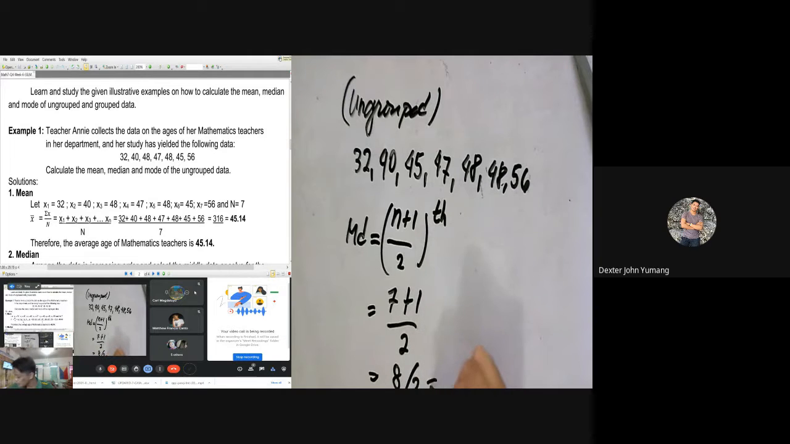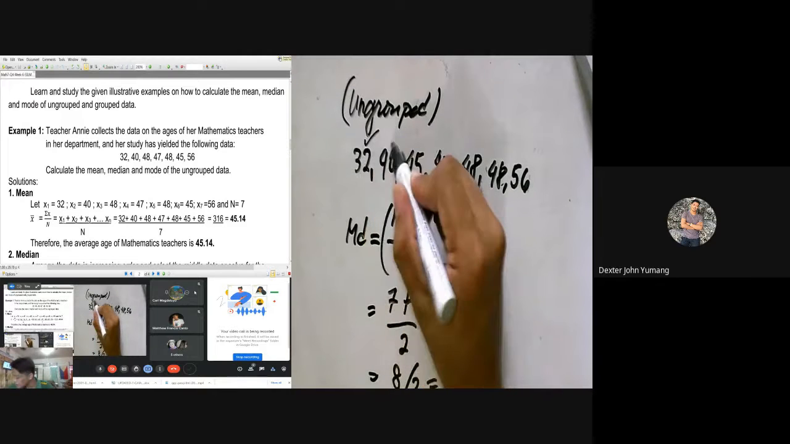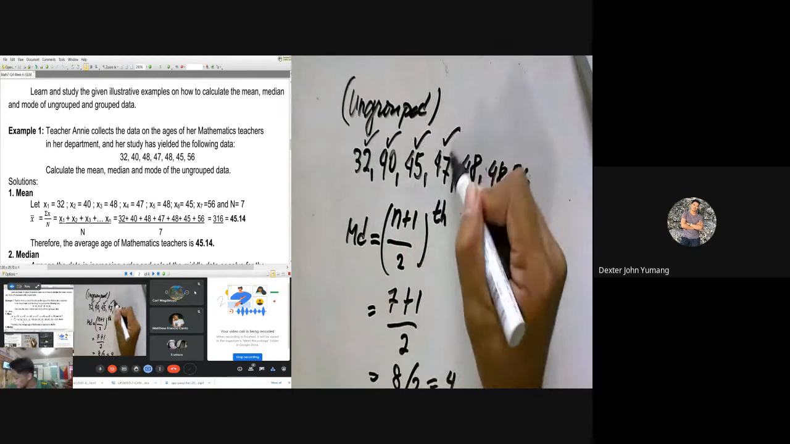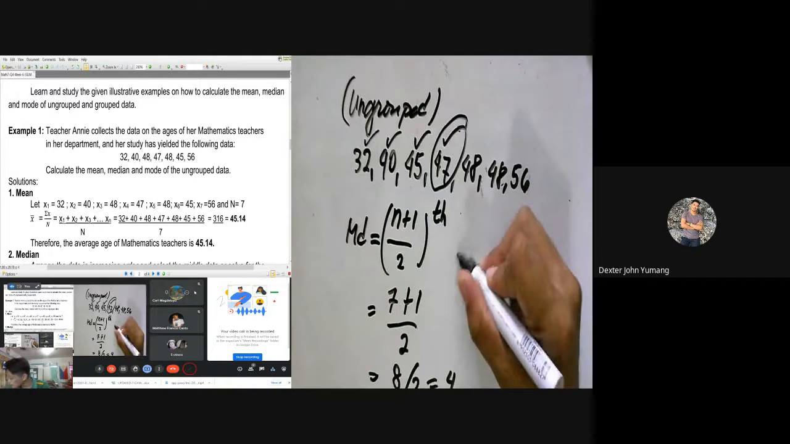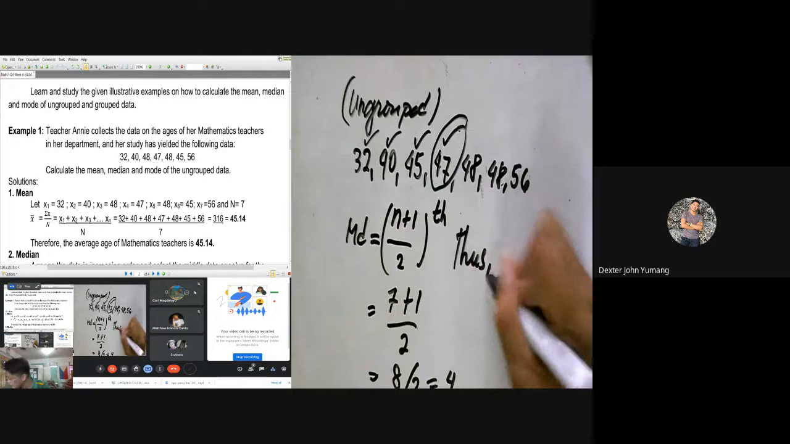Divided by 2, that is equal to 4. So yung 4 ngayon, yan po yung ihahanap natin. The fourth position. First, second, third, fourth. This is the first, this is the second, this is the third, this is the fourth. Therefore, this is our median. Isulat agad natin. Thus, or therefore, the median